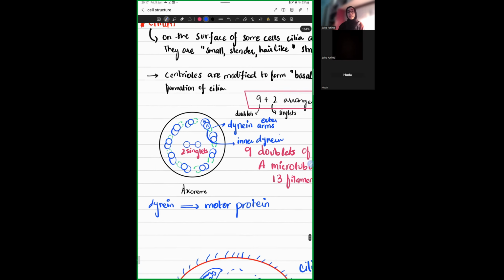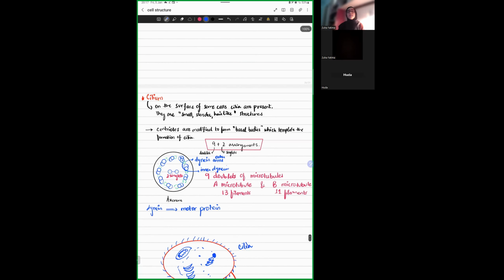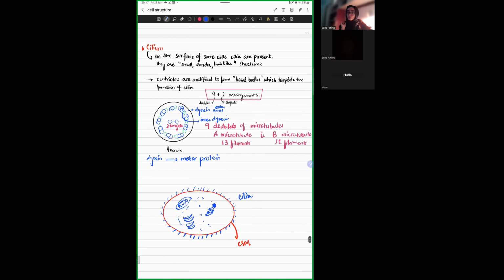Now, what does this dynein arm do? So you have studied in your O levels as well as in your A levels that cilia basically can move. They can move. They have a brush-like motion. They have a wave-like motion. They have a rhythmic motion. They can move. Now, how are they moving? What is basically the source or the reason why they're moving? So what happens is that these dynein arms